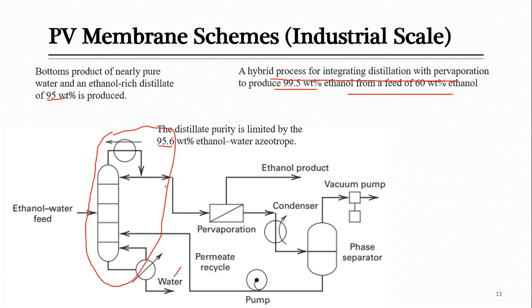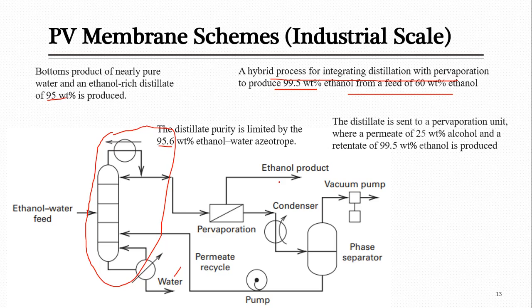this part is sent to this, which is a mixture of water and ethanol, that is sent to some membrane, a pervaporation membrane. And this membrane is hydrophilic, which allows water to pass through this membrane, and then the retentate will be the ethanol. So when it passes through this membrane, the distillate is sent to the pervaporation unit, and your permeate is 25%